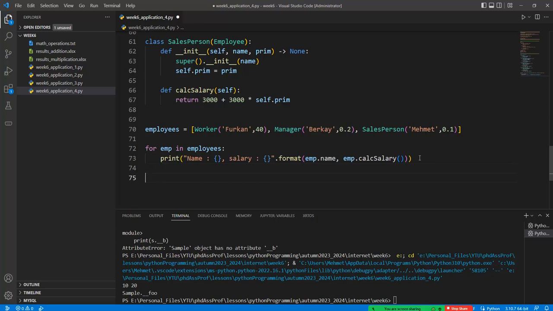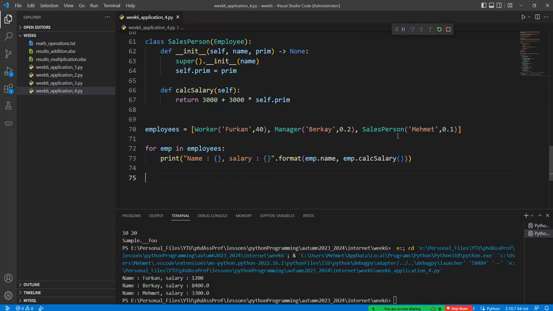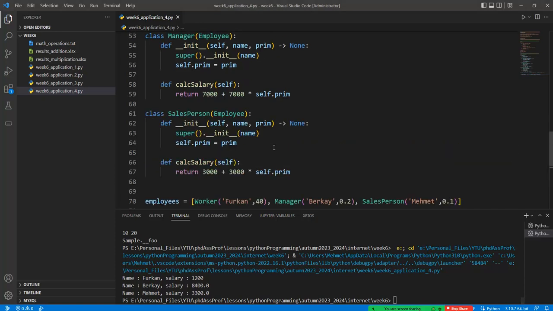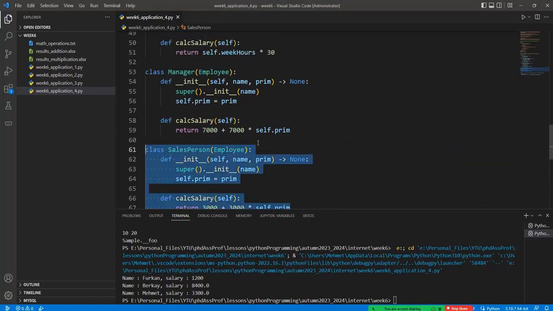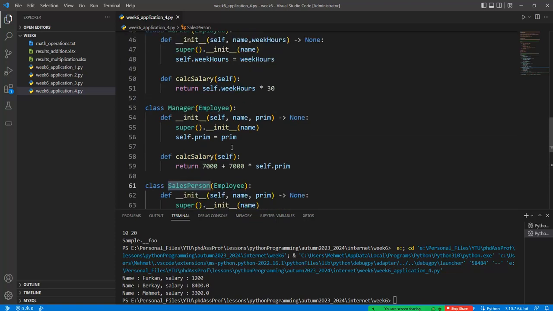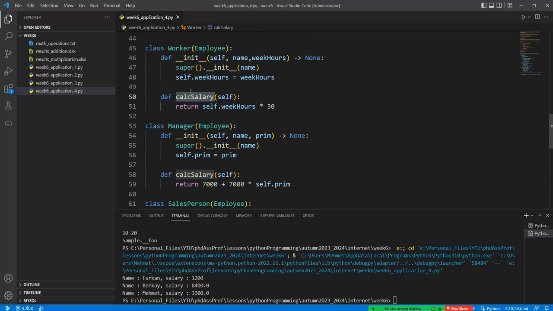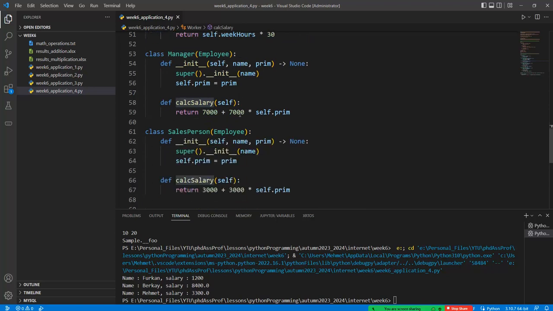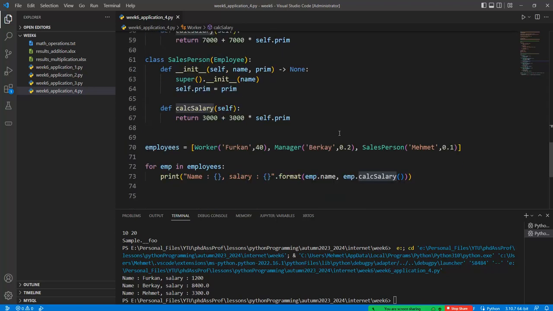Okay, and so if I run this code, in each case a different salary function can be called by the program or the Python interpreter, which means that if we have this information, we can derive all the classes from Employee, but we can specialize all the classes with specific purposes, with the same function name, but each function has a different purpose in here. Okay, so